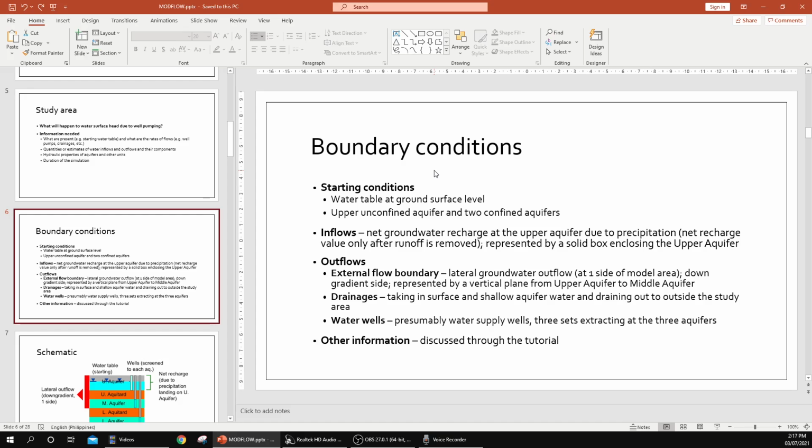Now, your starting conditions are your water table at basically your ground surface level, and then you have three aquifers. One is an unconfined aquifer at the top, and below the unconfined aquifer, you have two confined aquifers. Now, your inflow is just coming from groundwater recharge at the upper aquifer,